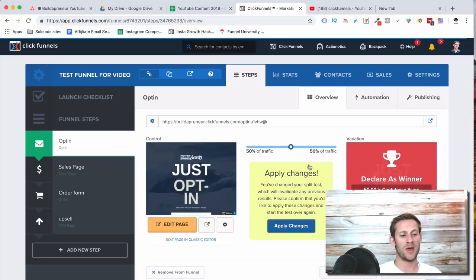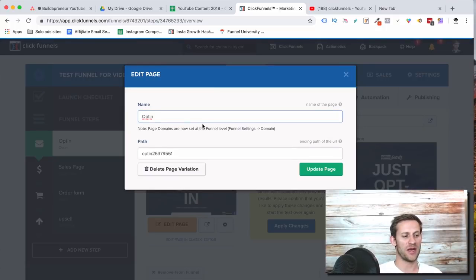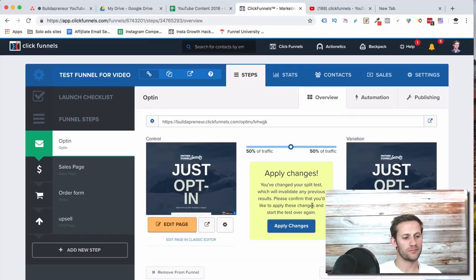So now we've got two pages per funnel step, which means that each individual page has its own URL. That can be confusing. If you're confused by this, don't worry about it too much in the beginning. But each individual page can be changed right here, where we say, hey, not only do I want to send someone directly to this step, but I want to send them directly to this page of that step, okay? And the page has its own path. So hopefully that wasn't too confusing. I understand that it is a little bit confusing. But basically,